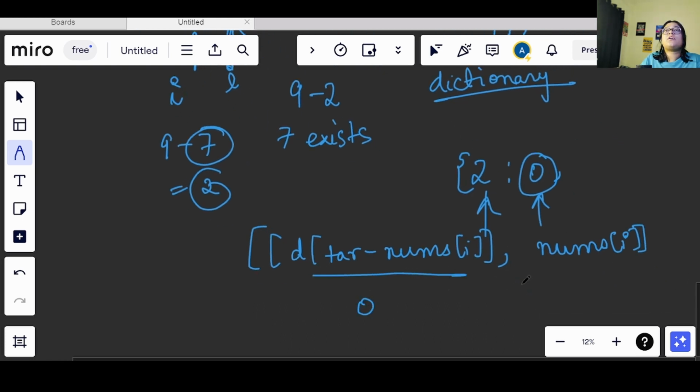This will give me 0 index. Here I will be using i only, nums of i is not required. So this will return me 0 and 1.